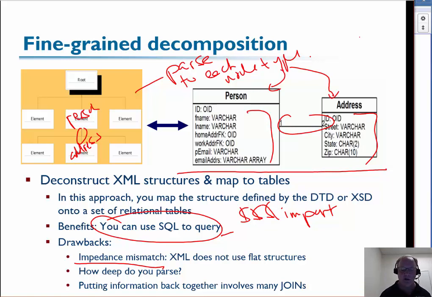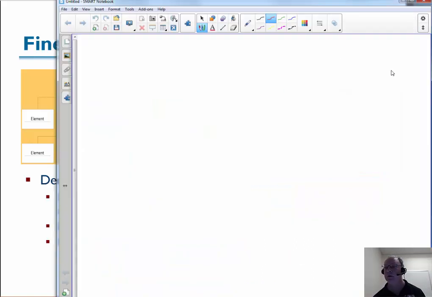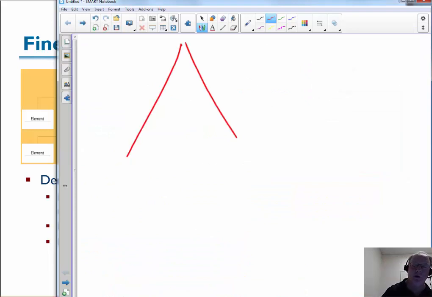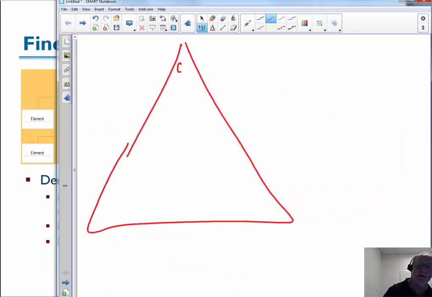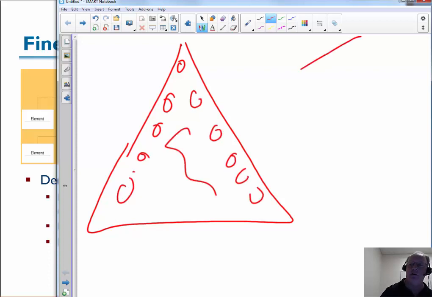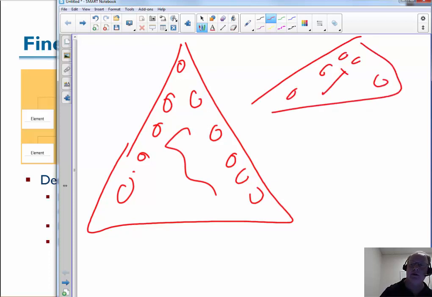We're going to talk hybrid about how deep I parse this, and then how I put information back together. I'm talking about a tree structure now. I haven't shown a tree here other than a parent-child relation. But remember when we talked about a 5-deep tree, with more stuff in it, versus a short fat one, a 3-element one, with a bunch of stuff in the middle of the tree.